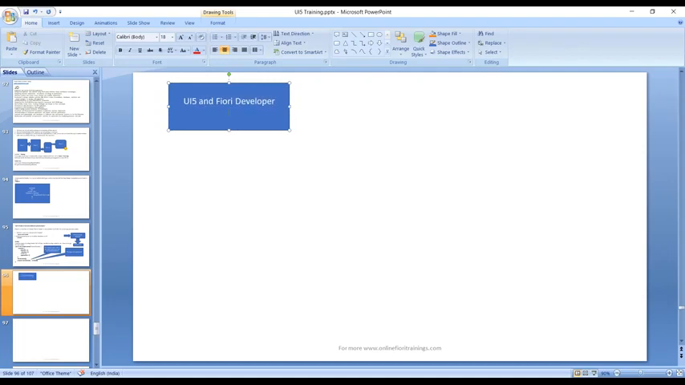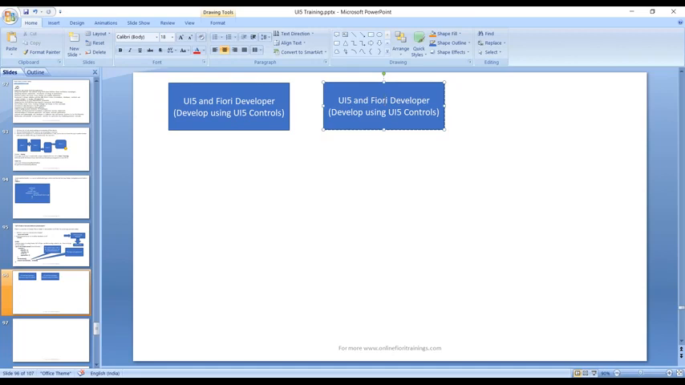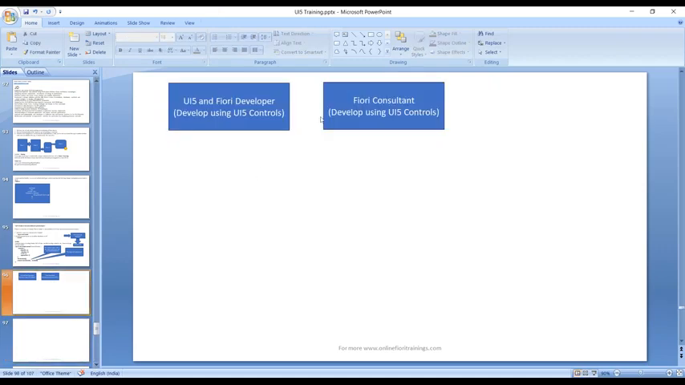What this guy does, his main job is to develop using UI5 controls. His main job is to build the applications. The second profile is Fiori consultant. His main job is to make sure of security configuration, enabling, disabling, installation of Fiori apps. His main job is installation, security, configurations,